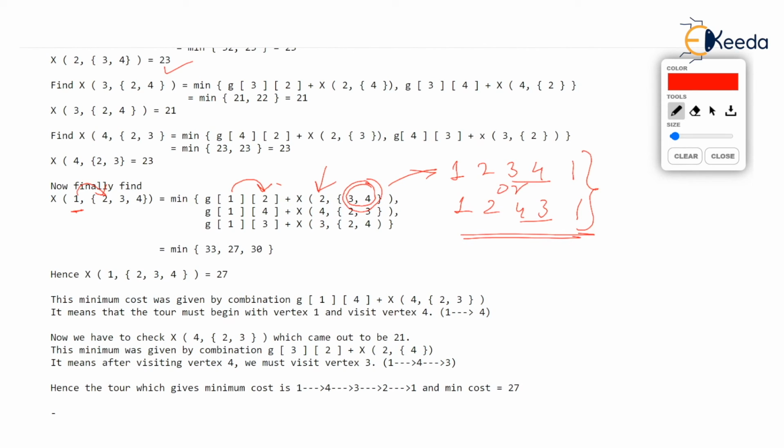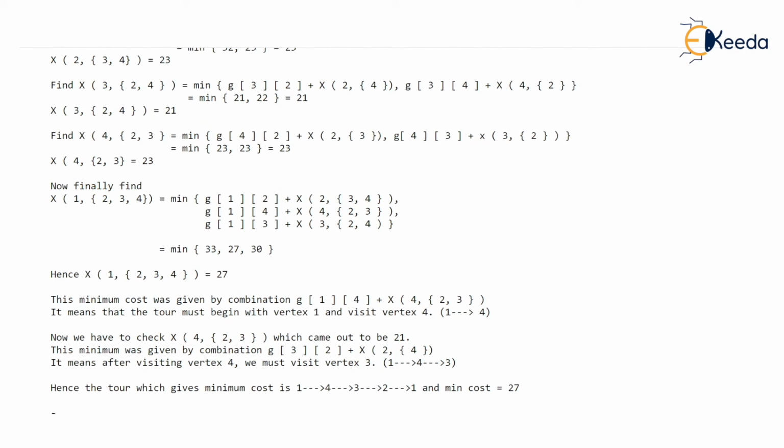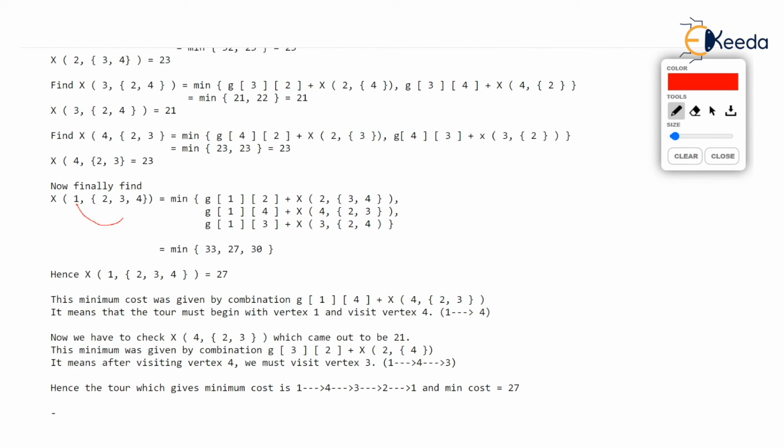Similarly, the other way you can say is that I will go from 1 to 3 first. Okay. So if you go from 1 to 3, watch this, 1 to 3, then you are already at 3. And now you want to go from 3 to any of the vertices 2, 4 in any order and then come back to 1. So are you understanding? This is about two possibilities, 1, 3, 2, 4, 1, or 1, 3, 4, 2, 1.